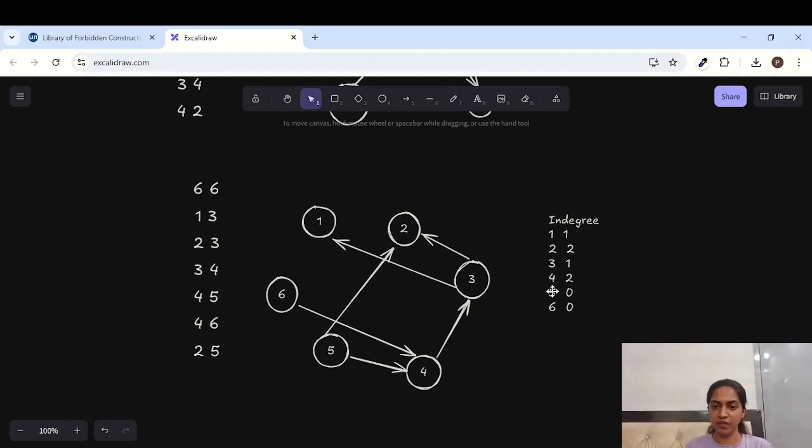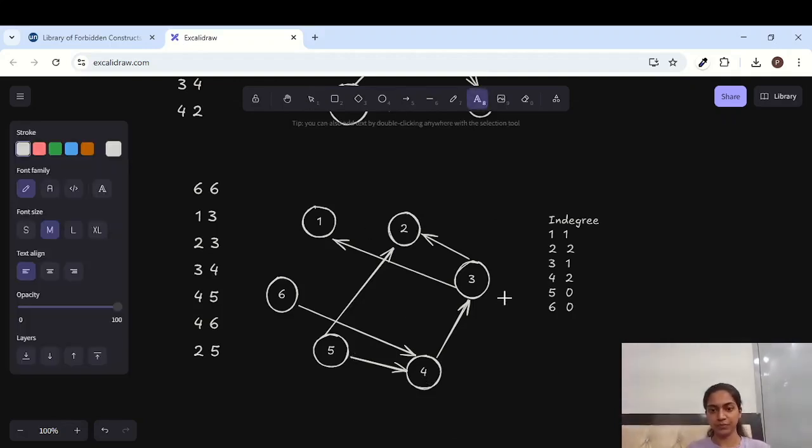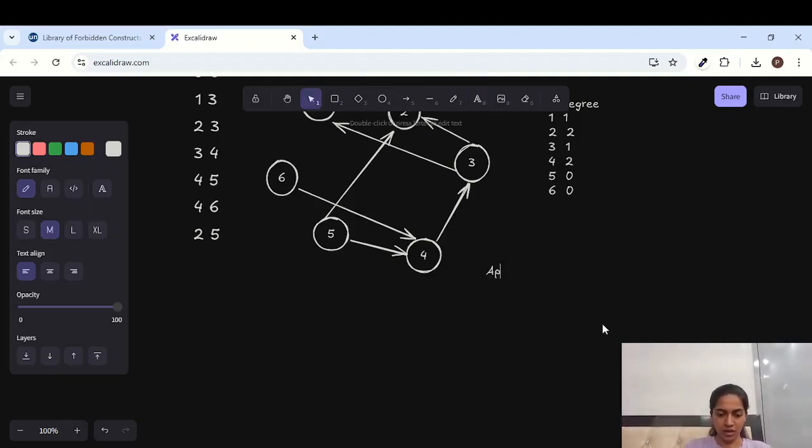So if we push the values that are 0 in our queue, there is going to be 5 and 6 going in first. Then we are going to check the neighbors of 5 and 6. Who are the values that 5 and 6 are dependent on? 2 and 4, right? So we will consecutively decrement the in-degree of 2 and 4. If 2 and 4 become a value that has in-degree 0, then we will again push it in our queue. So our approach is going to be: make the adjacency list,